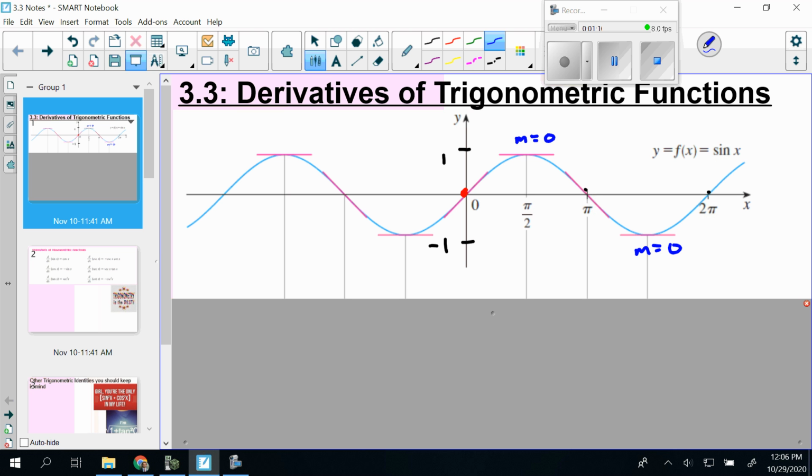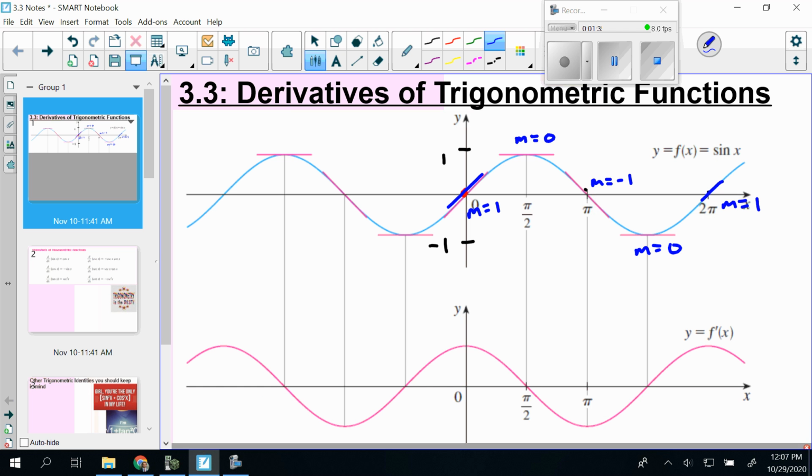At 0 here, this is about a 45-degree line, so that slope we could estimate to be pretty close to 1, up 1 over 1. At pi, we got the exact opposite, slanting down the other way, so that slope appears to be -1. And then back at 2 pi here, it looks to be +1 again. So if we were to graph those points and then connect them as best as possible, the graph